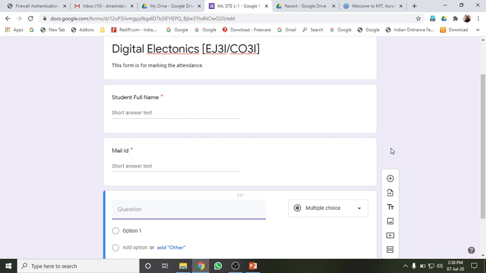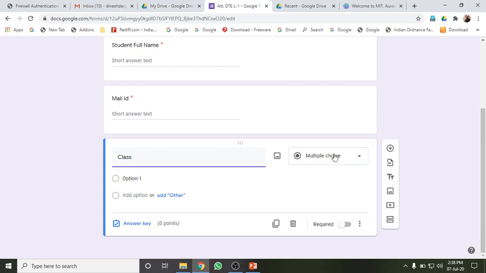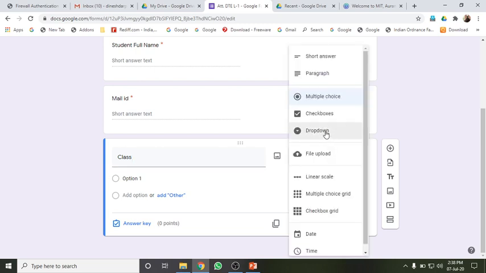Then I can add further questions. If you want students' contact numbers, you can add that, or any other details which are required. Now for me, since this subject is common for electronics and CO, I need to differentiate between them. So I'll add here class of student. Here I can provide a drop-down format.